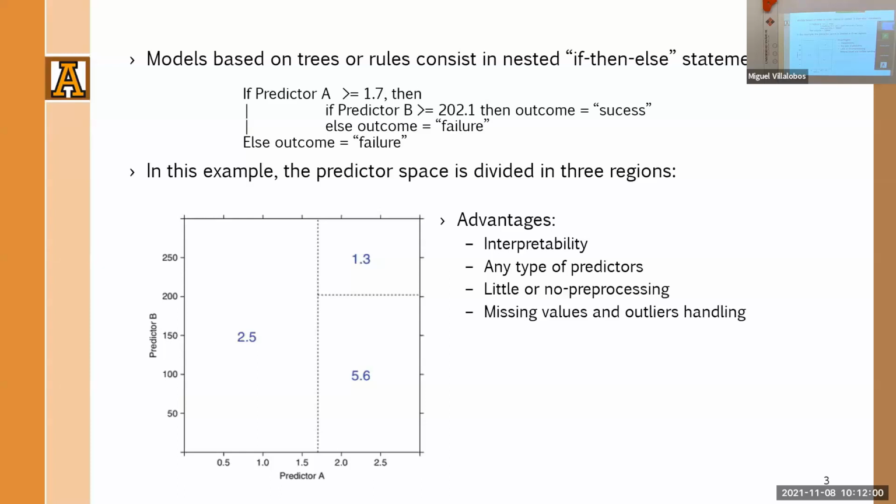When did the fever start? So that's the way that people reason to make a decision. So that's why people like decision trees. Okay. Now,